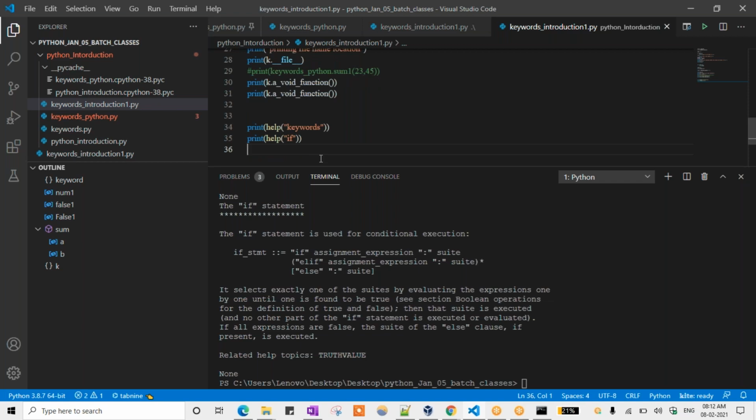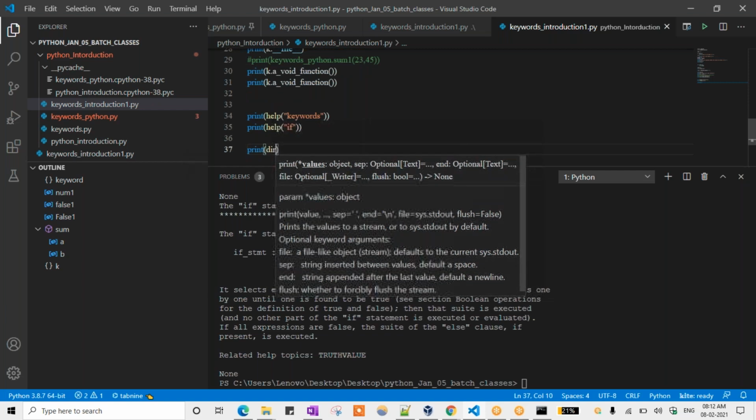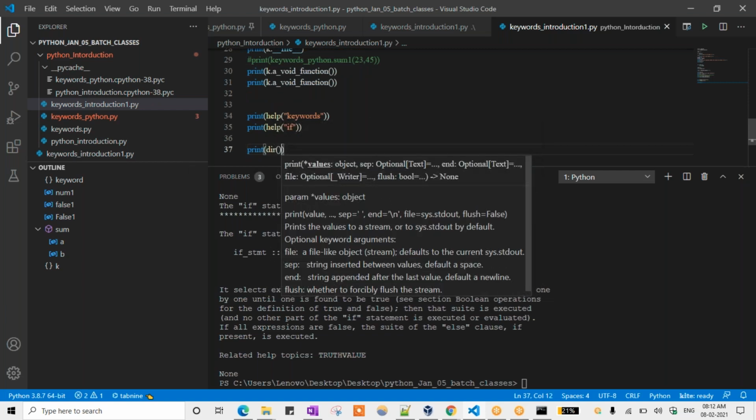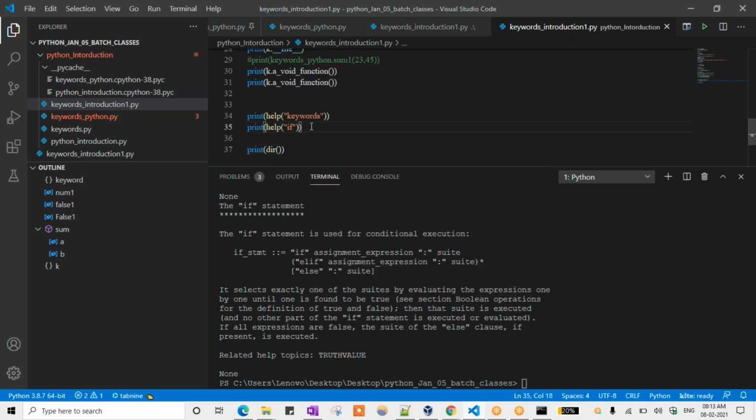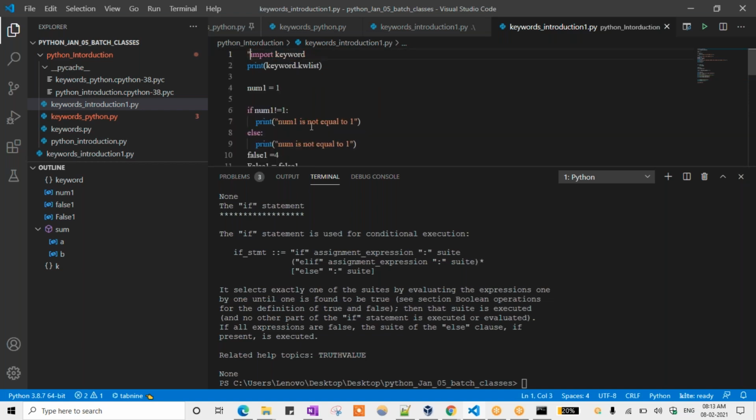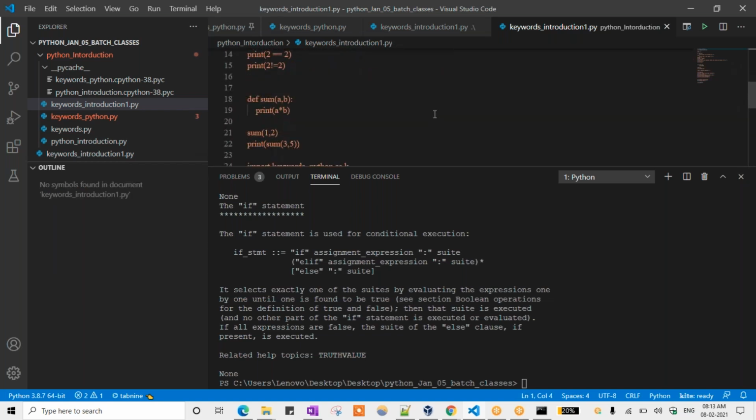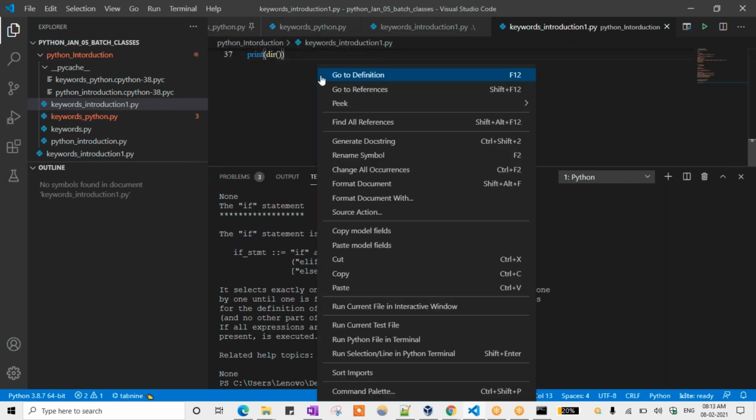And also one more thing you need to understand here is the dir function. So the dir function, what it does is directory. It will take all the values present in that particular directory. Inbuilt functions also will be there in that directory. If I comment all these lines from top to bottom, I can show you this. Okay, I'm commenting all those lines now. I'm just printing print of dir function. You can see all the inbuilt functions now.